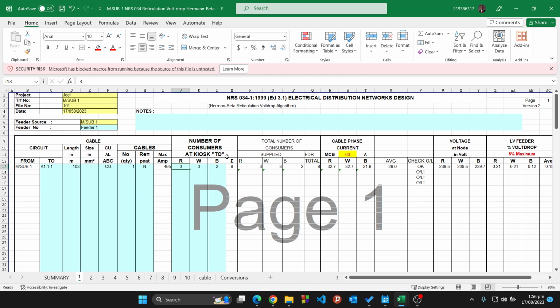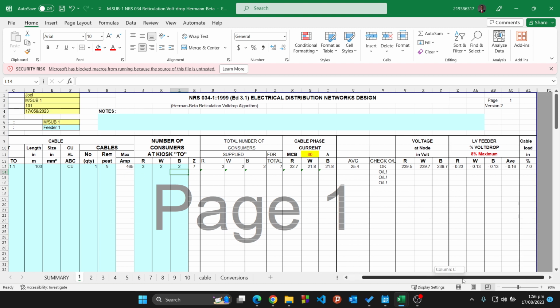And then the amount of houses connected to the red phase is 3. The amount of houses connected to the yellow phase is 2. And on the blue phase for my first kiosk, the amount of houses connected is 2 also. So we have 2 houses there, giving me a total of 7. So your other Excel sheet, the Joel reticulation sheet, should pair up with the Herman Beta. So from there, you should be able to notice that